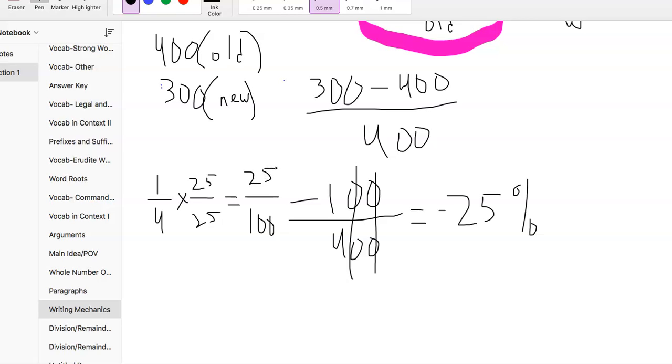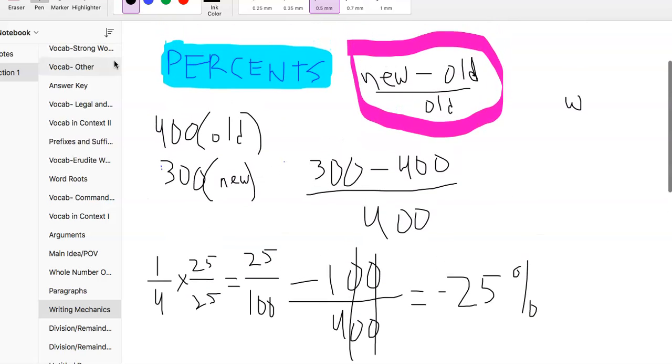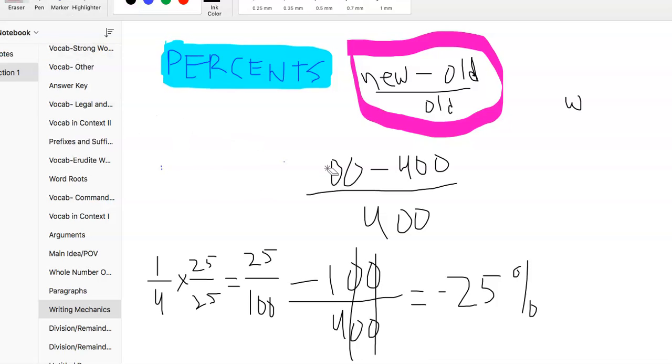So if you already knew it, great, and it wasted a couple seconds of your time. If you didn't know how you got to 25, that's very important, because otherwise you could do everything right and still not get the right answer. Okay, so that's percent discount. That's how we do those. Let me erase, I got a little bit of room. And so the next one is going to be